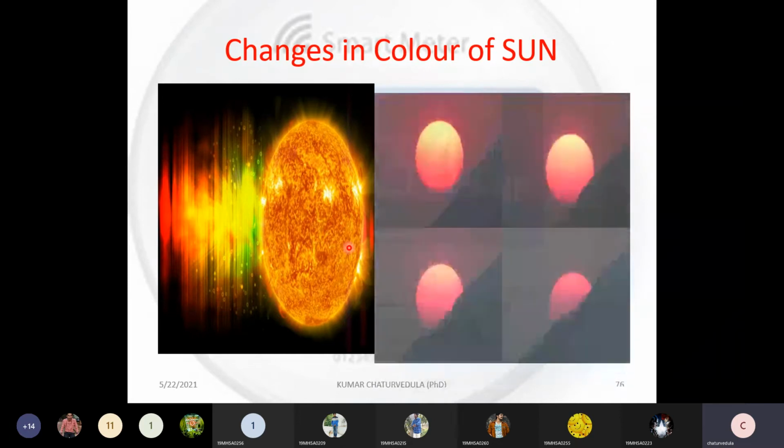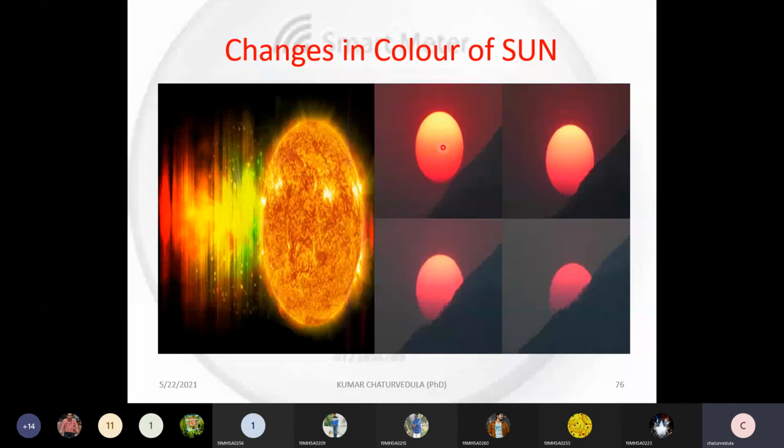I have taken another example where you can see the sun is going to set. While the sun is in the sunset conditions, you can see a mixture of colors, and another different mixture of colors. You can see the variation: the brightness has varied, and the thickness of the colors varies. Here you can see another variation, and here it is completely varied. So the color variations of the sun show that if the light intensity is changing, the color also will change.